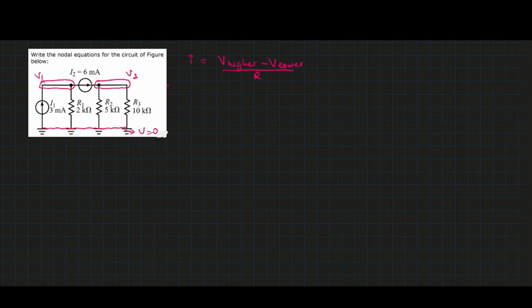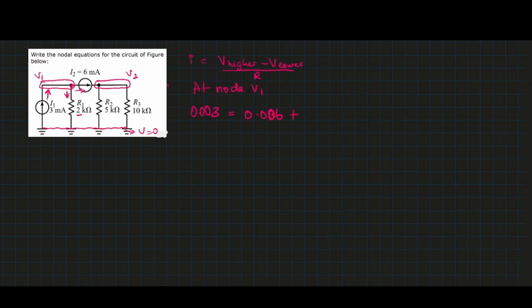It's just a wire. So at node V1, you have to pick a current direction and stick with it. So now I want this current to enter this node. So now I know that the current entering this node V1 is 3 milliamps. At this point, 6 milliamps will exit and also a current will exit at this point as well. So the current going in is 3 milliamps. I'm just going to write it as 0.003. That's the current coming in, equal to the current going out, 0.006, which is 6 milliamps, plus